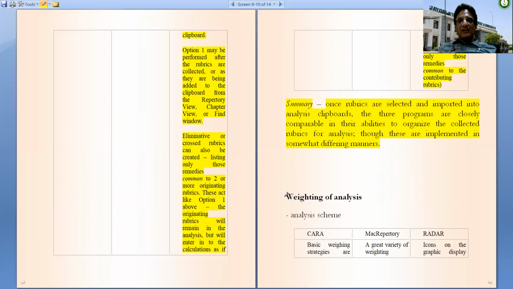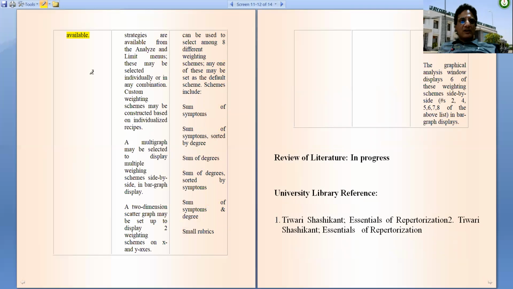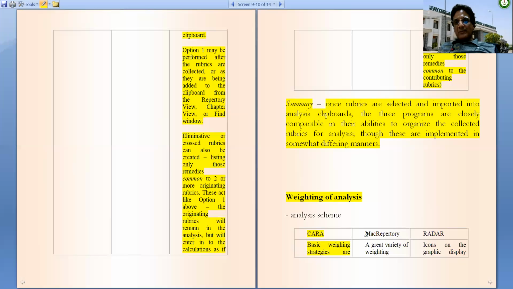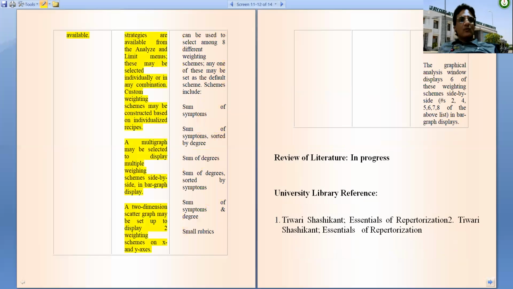Now, weightage of analysis. In Kara, basic weightage strategies are available. In MacRepertory, a great variety of weightage strategies are available from the analyze and limit menus. These may be selected individually or in any combination.